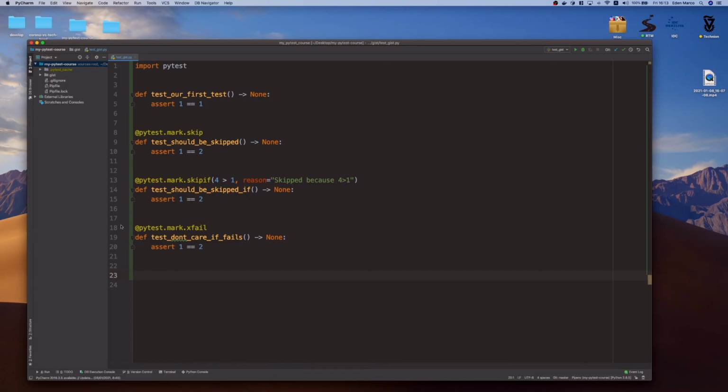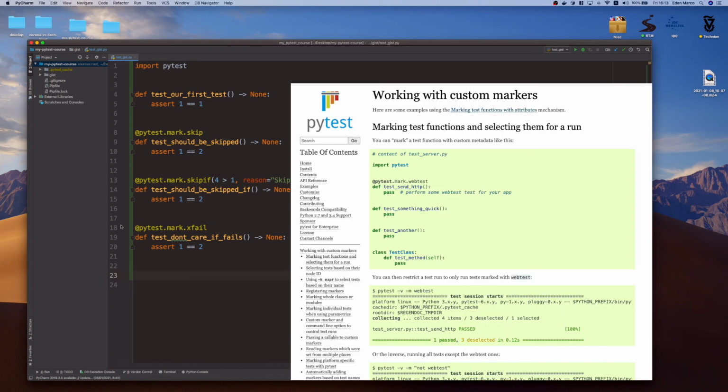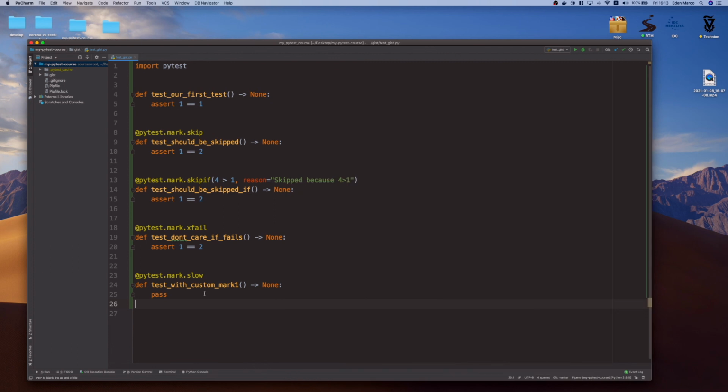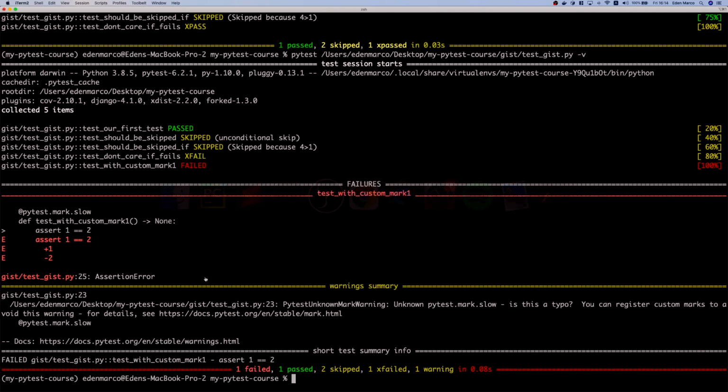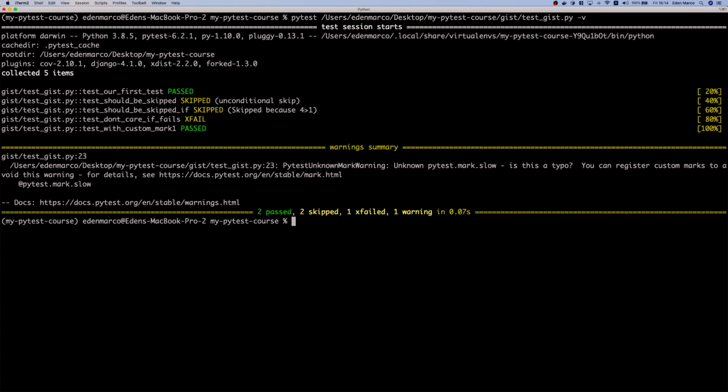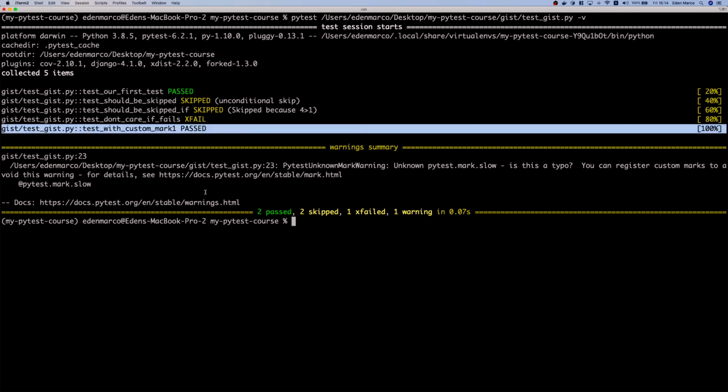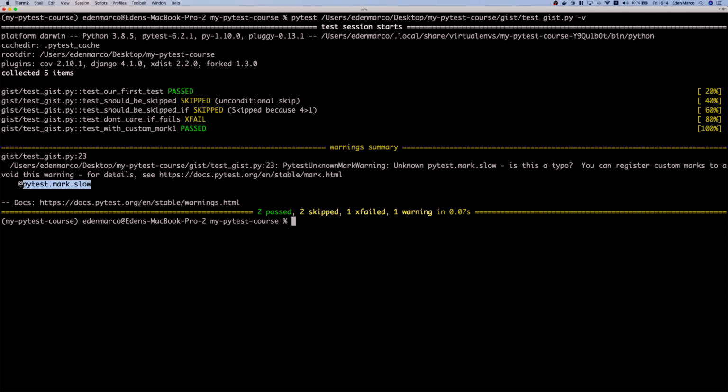So we discussed some built-in markers which are commonly used. Now, a super cool feature of pytest is that we can create markers ourselves. So we can create custom markers to categorize our tests. For example, if I have a test which I consider a slow test, I can mark it as a slow test. This is a very elegant way to tag tests of certain categories. And if we go to the pytest runner and run our tests, we can see that everything passed. However, we do get a warning here, and this is because we need to register our slow mark in